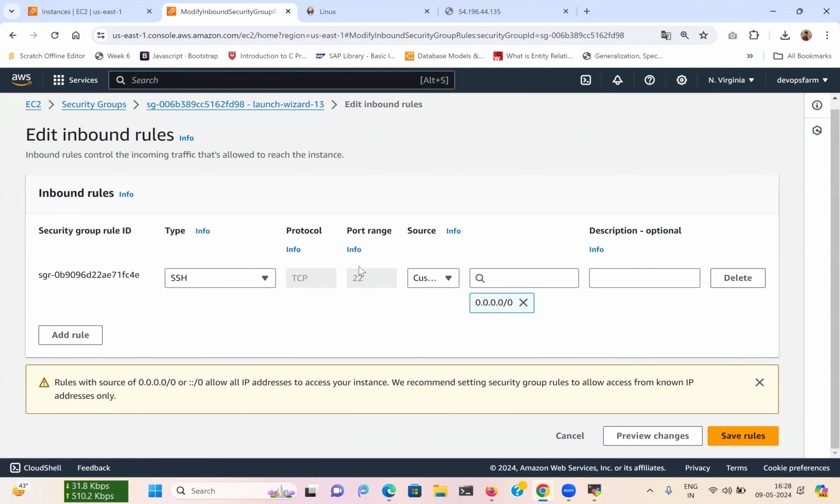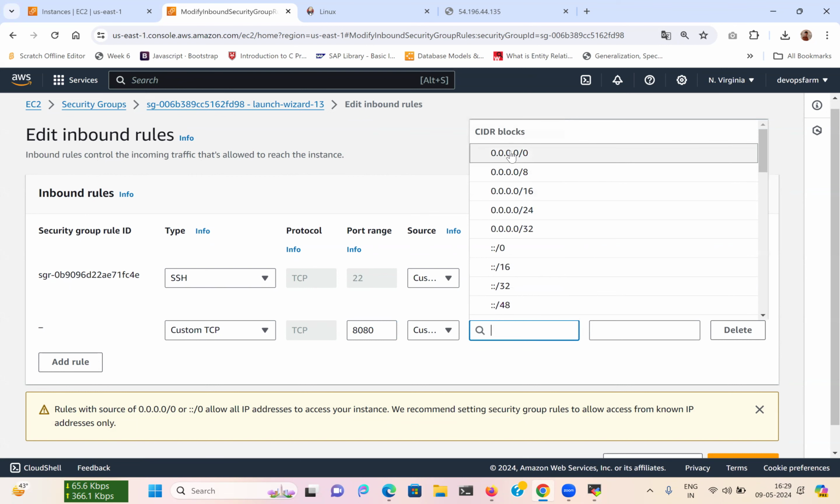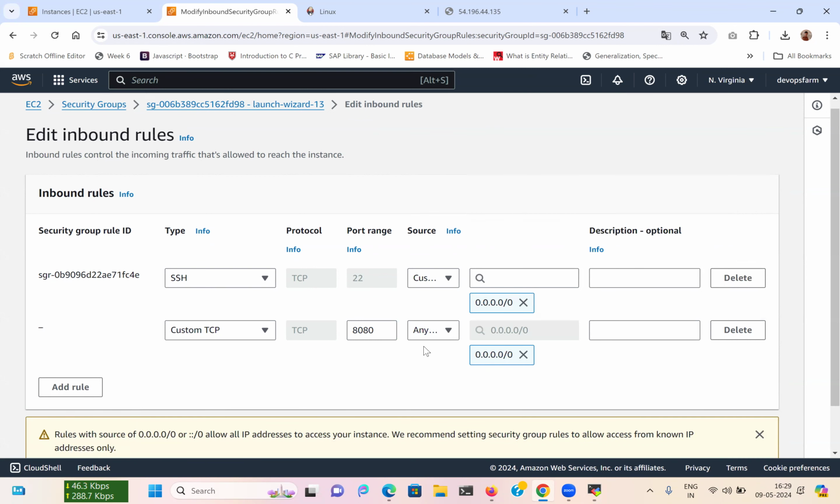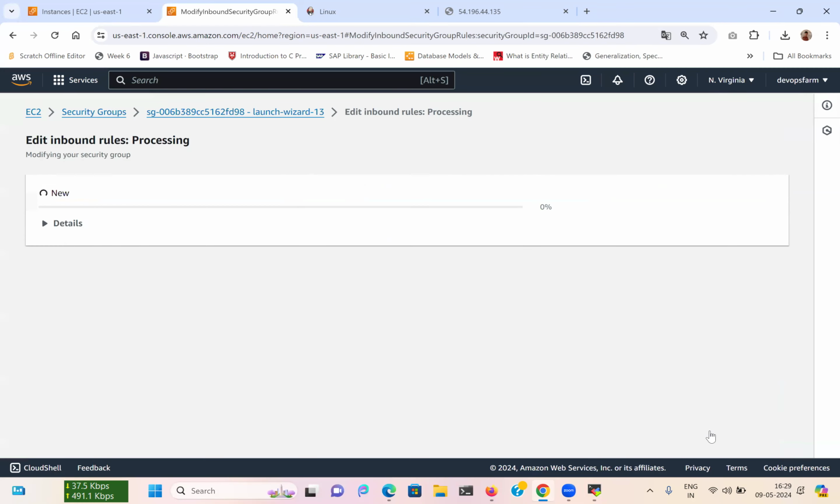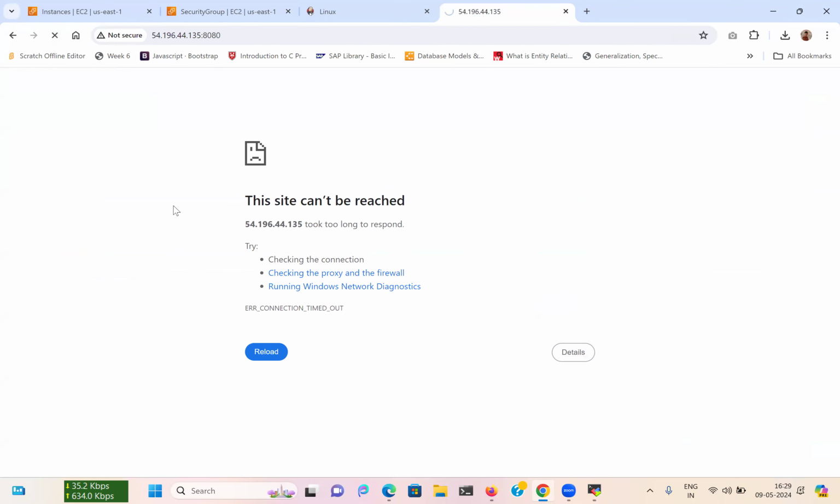As of now, port number 22 is enabled. That's why we were able to access our server. Now, similarly, I will add a new port to enable Jenkins access. 0.0.0.0/0 means anyone can access. And in the description, I will say Jenkins. Let's save the rule. Okay, that is now saved. Now, if I refresh,